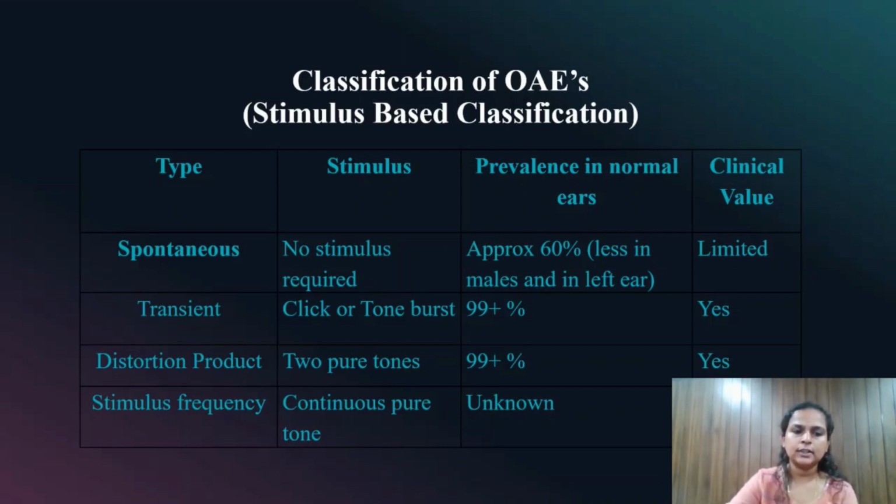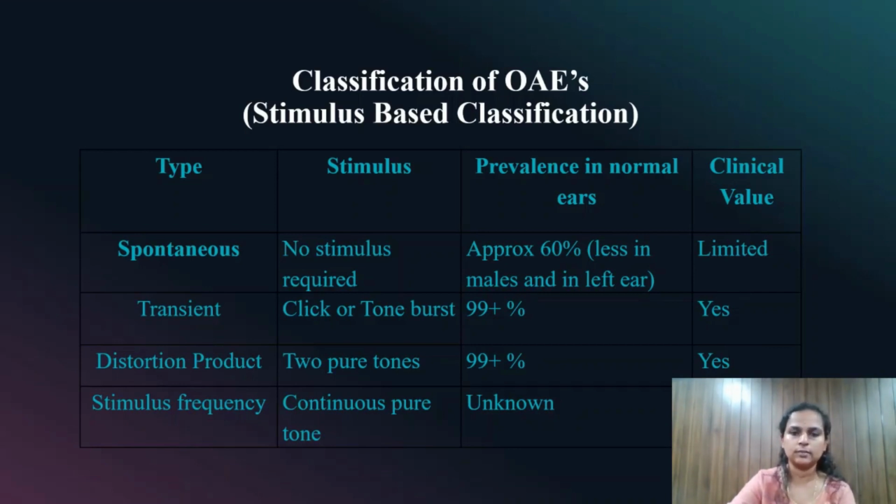Transient evoked OAEs use click or tone burst stimuli, have 99+% prevalence in normal ears, and are used in clinical setups. Distortion product OAEs use two pure tones, have 99+% prevalence in normal ears, and are used in clinical setups. Stimulus frequency OAEs use a continuous pure tone, have unknown prevalence,